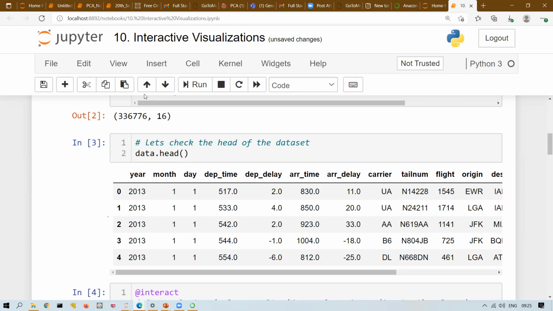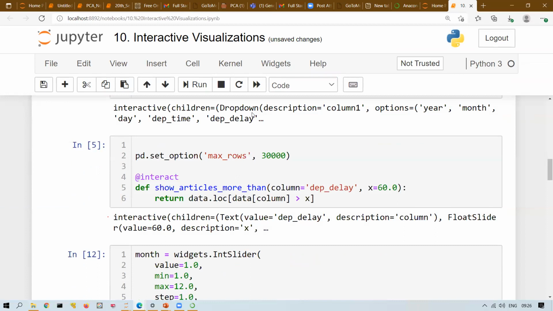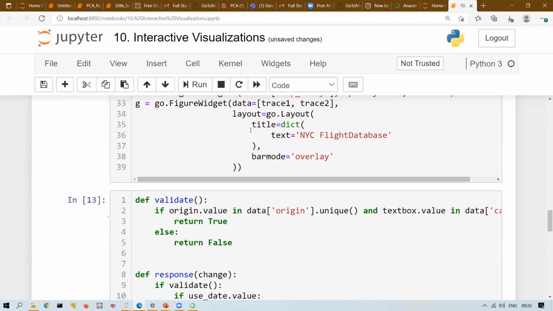Like Spyder or PyCharm or Atom, they don't support Markdown. So in case you want to document anything, you have to use comments. But here in Jupyter, you can use Markdown, right? You can add images, you can add hyperlinks, you can add videos, you can increase and decrease the font size, you can bold, italic, you can play a lot with this. You can give headings, you can do a lot of things with this, right?